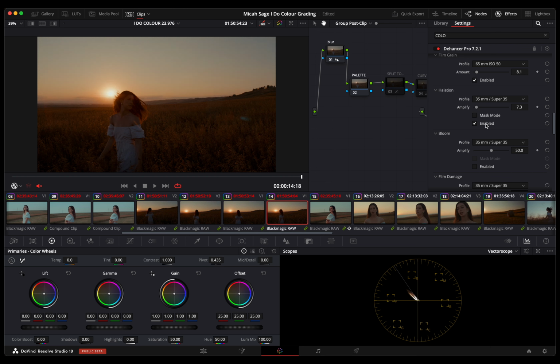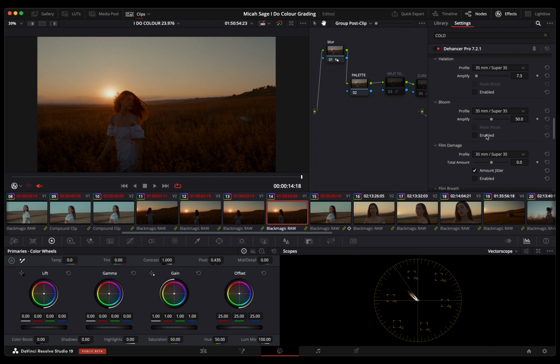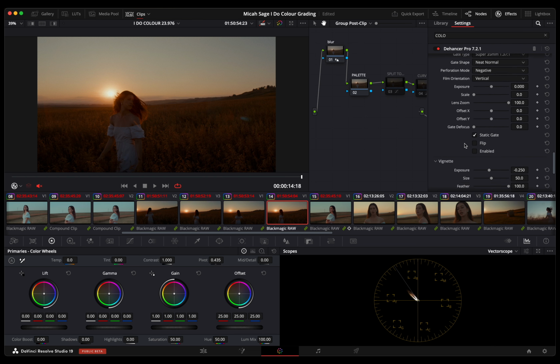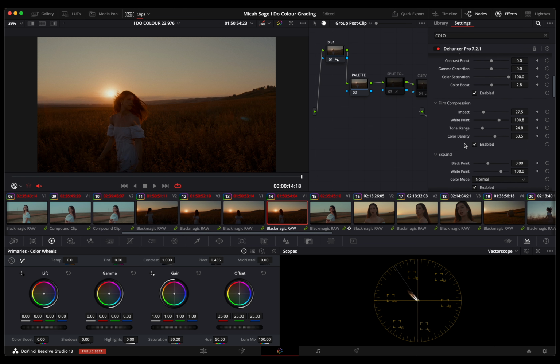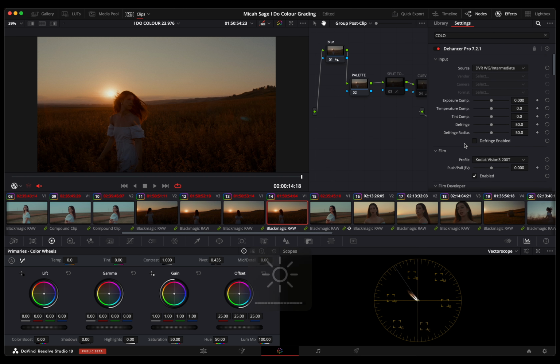You can also play with their halation setting. Again, I don't like to crank it too much. This bloom is nice. It's just like a little bit of a glow on the image. And that's about what we're getting for Dehancer. There's obviously plenty more options too for like different film mats and film breathing and essentially anything you could